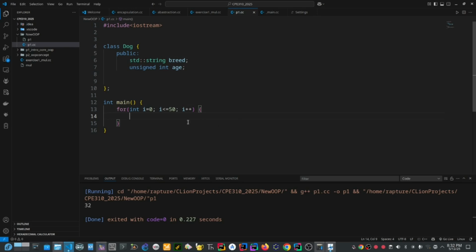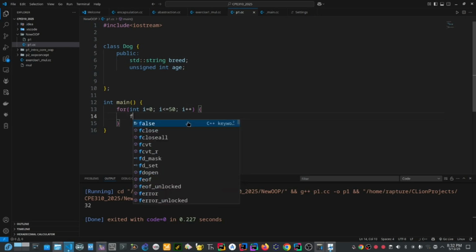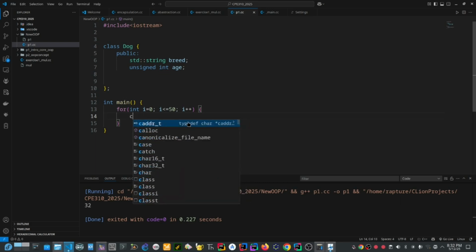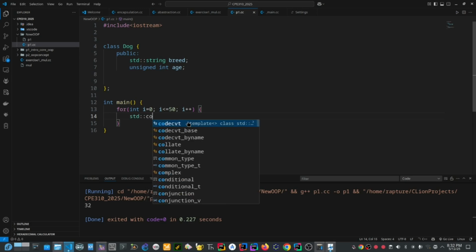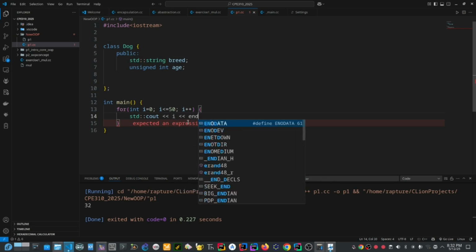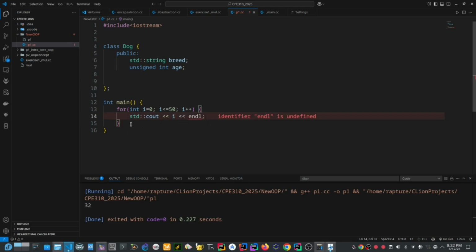So now we can print out the result. Let me correct this thing here, because it's telling me that endl is not found, it's undefined.